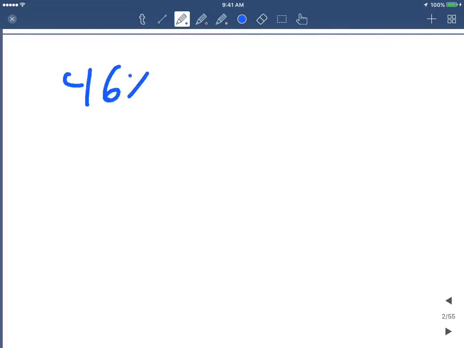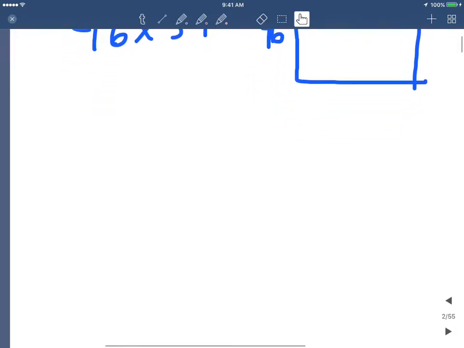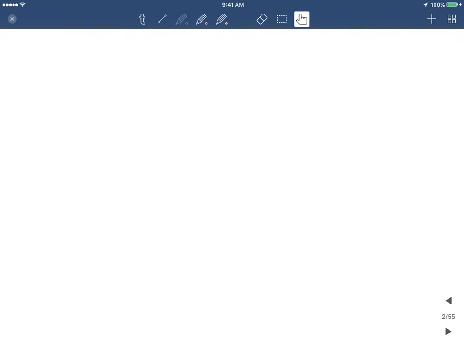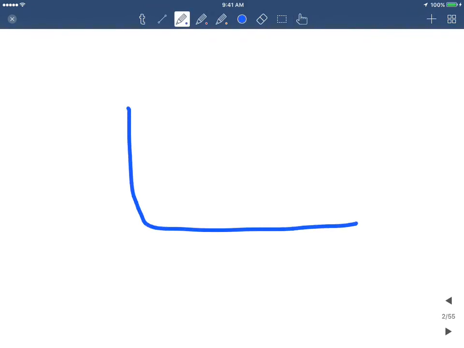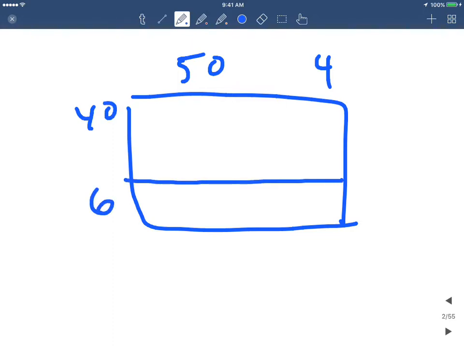So if we had 46 times 54, we could actually represent this as an area array problem too. It would be 54 by 46, but again, we can utilize the distributive property to take that 54 and make it into a 50 and a 4, and the 46 into a 40 and a 6. Then we would divide the areas up like this, so that we would find the 6